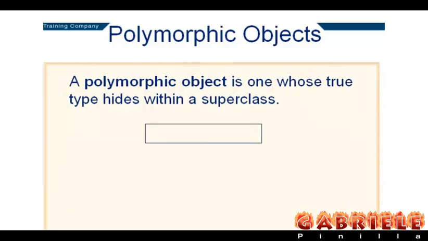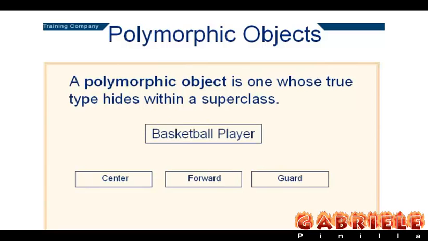As an example, think of the class basketball player. Now, this class has different subtypes: center, forward, and guard, and each of those subtypes has its own idiosyncrasies, position, rules, strategies for play. However, when we're talking about the operation dribble ball, that operation is the same for each of those subtypes. So when you're talking about the dribble ball operation, you want to refer exclusively to the generalized class of basketball player. Then when the operation of dribble ball is executed, the basketball player object will take on